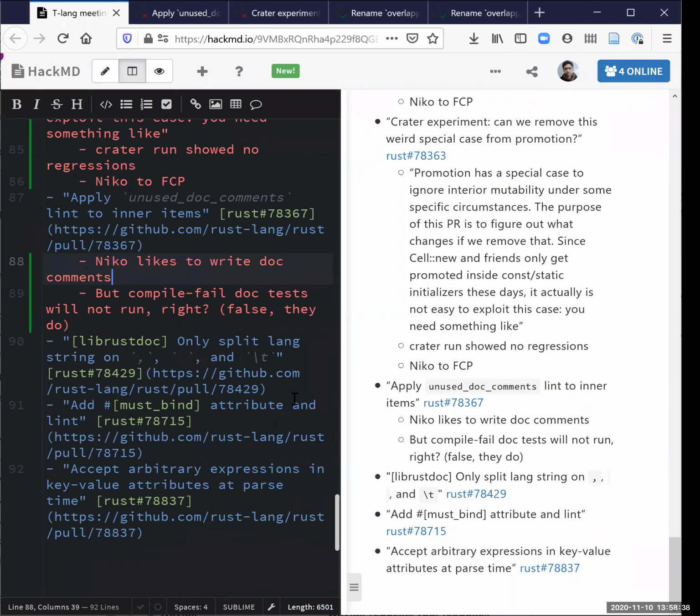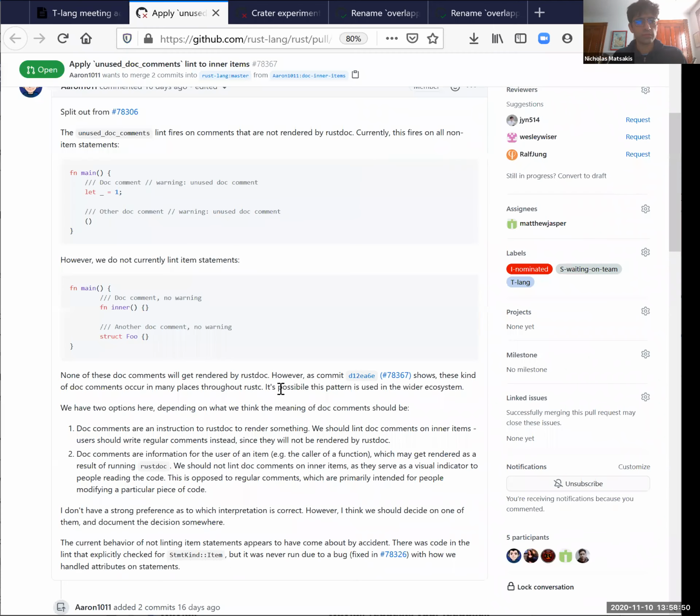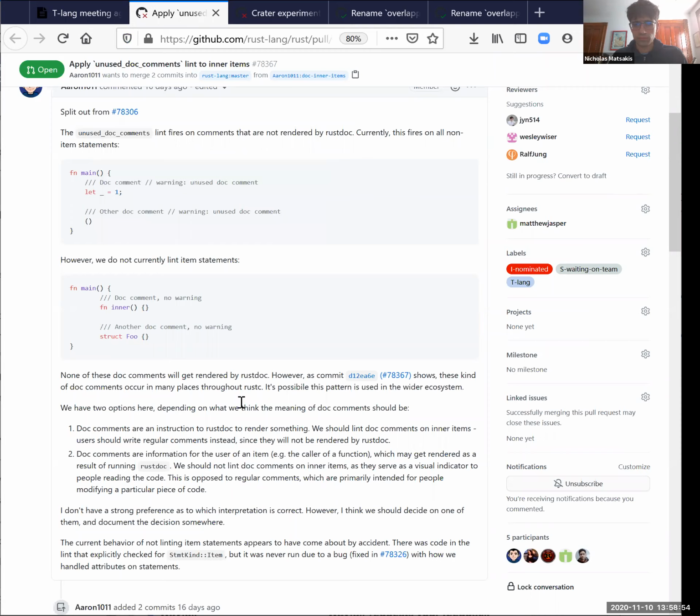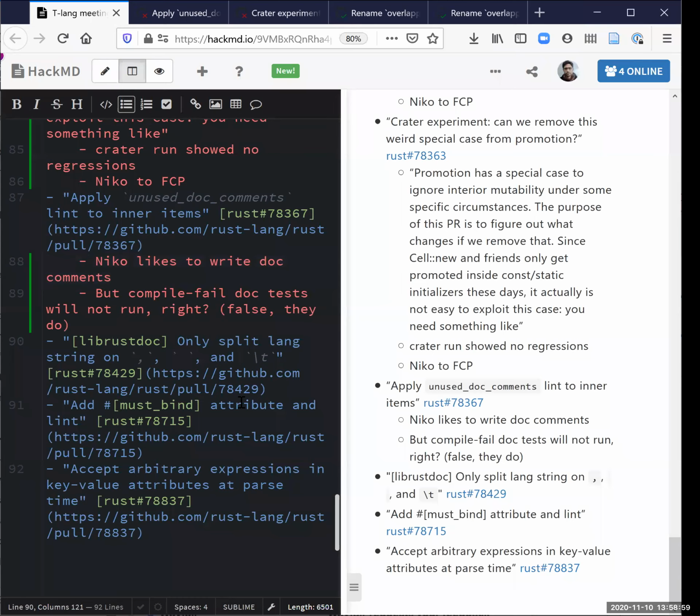So the supposed benefit here is about user confusion. People who might think that they're expecting docs to come out of these things. Is that the? I mean, do we have evidence of that? Not that I know of. But I think even if so, my argument would be that maybe RustDoc should have some way of showing things that are not public, like if you do document private items or something.